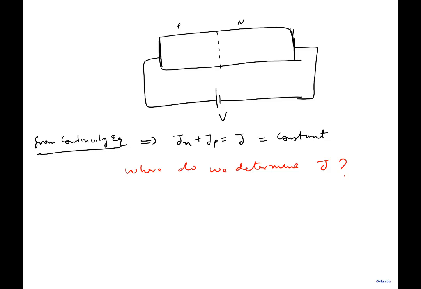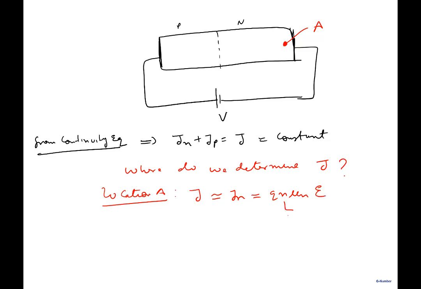And we saw that a location such as here, say location A, we saw current J is only equal to Jn, which is only equal to q n mu n electric field,